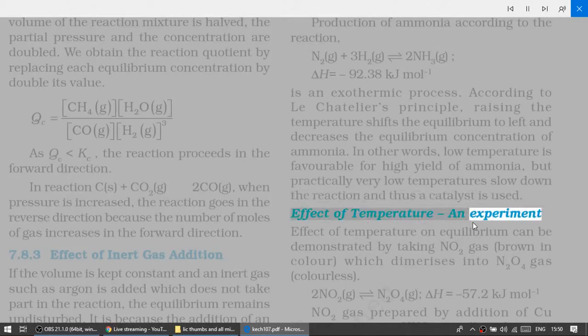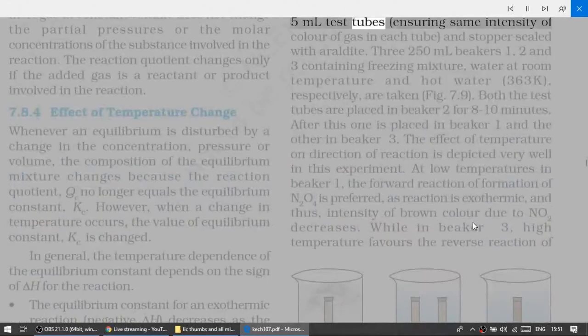Effect of temperature: an experiment. The effect of temperature on equilibrium can be demonstrated by taking NO2 gas, brown in color, which dimerizes into N2O4 gas, colorless. 2NO2(g) ⇌ N2O4(g), ΔH = -57.2 kJ/mol. NO2 gas prepared by addition of copper turnings to conc. HNO3 is collected in two 5 mL test tubes, ensuring the same intensity of color of gas in each tube, and